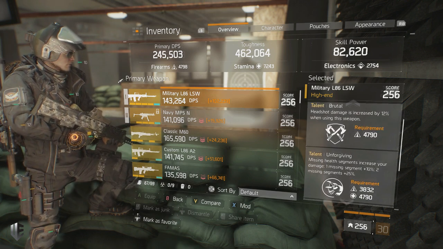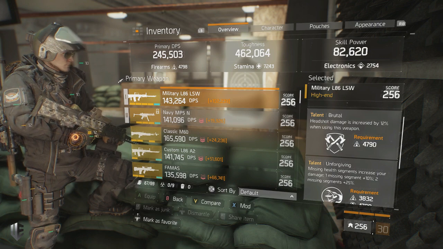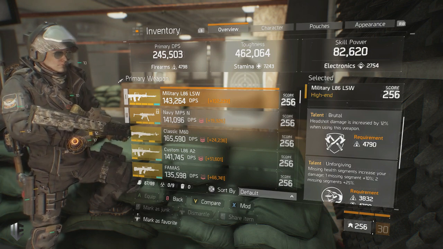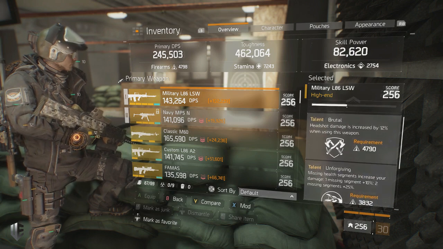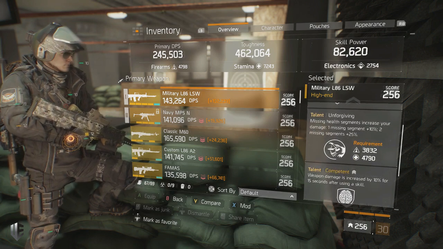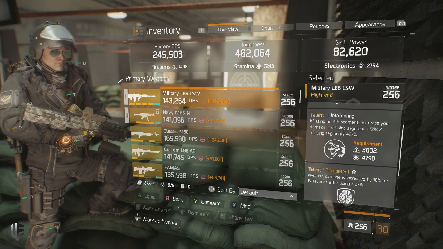individual gunfights. Brutal is a really great talent if you can land the headshots, but something else like Vicious here would also serve your purposes, so it does not have to be replicating all 3 of these talents in this specific order. However, Unforgiving and Competent are what I would advise for a gun like this and a build like